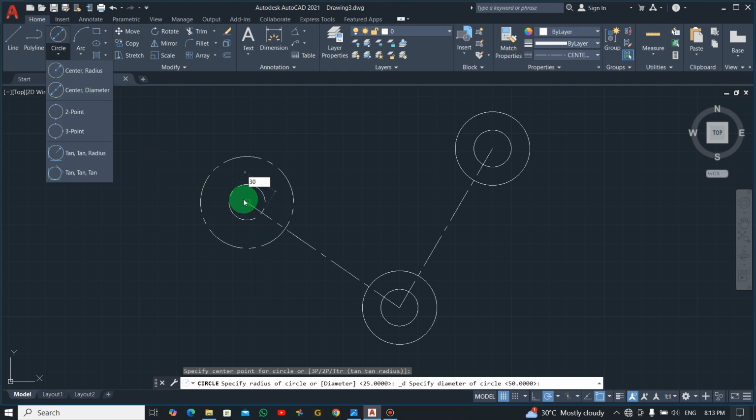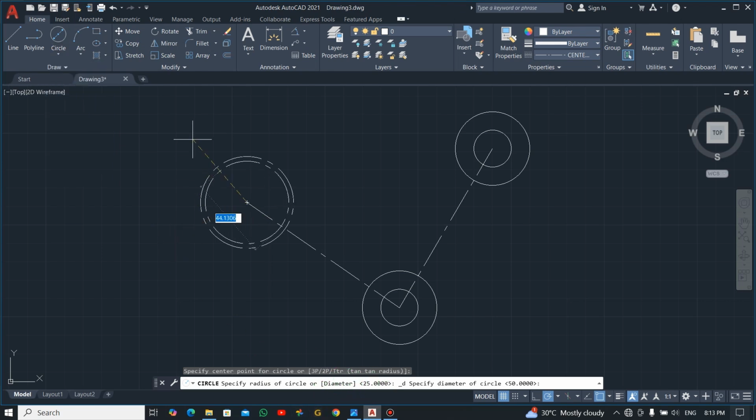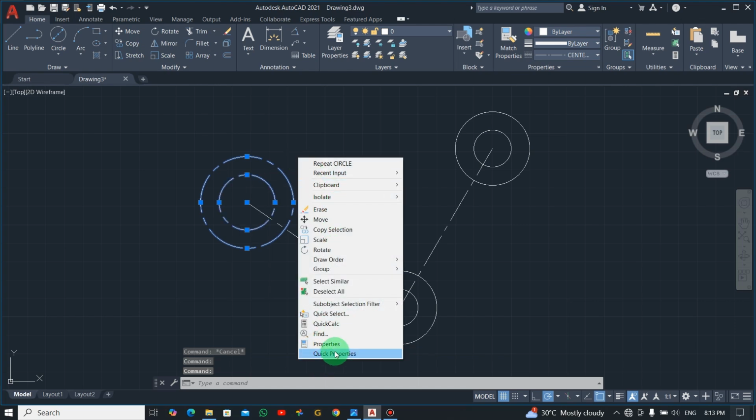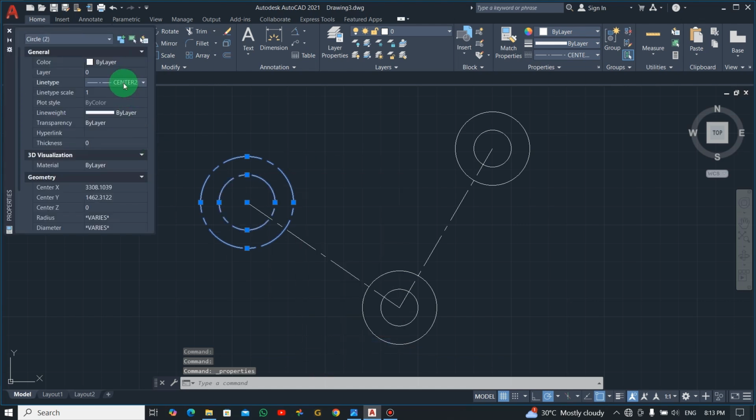That's why I'm just giving it straight. But if you select center radius, then you have to specify or click on the diameter below here. Alright, so I'm using the diameter straight, so 30. Oh sorry, our circle is converting to center line, so let's choose normal one. Okay,